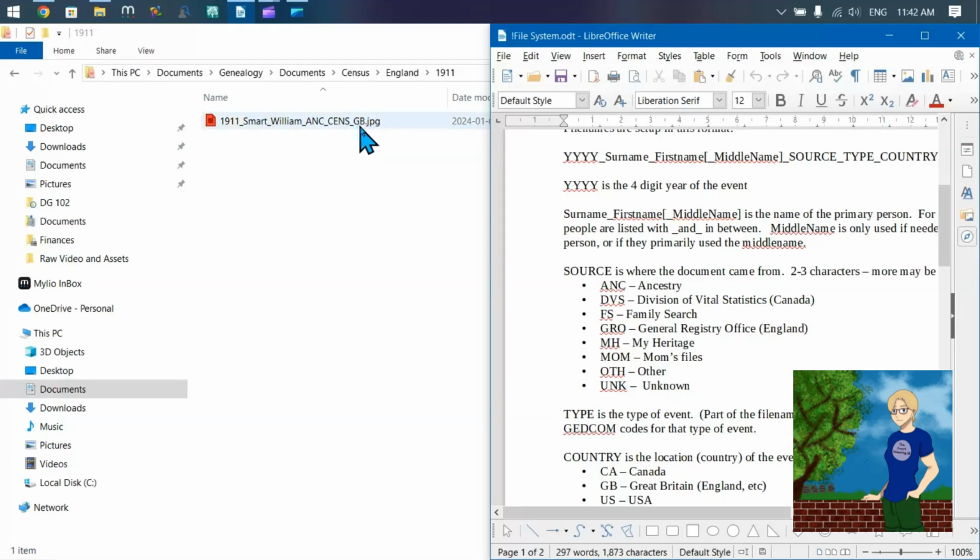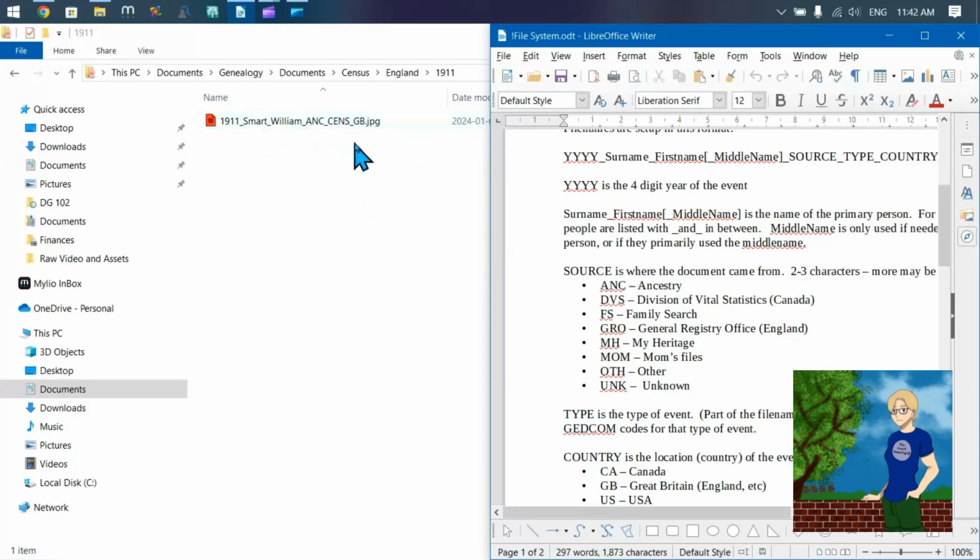And the where, I am using the ISO codes for countries. So CA for Canada, GB for Great Britain, US for USA, and a quick Google search will find you any of those. So in my file system, here's the who,